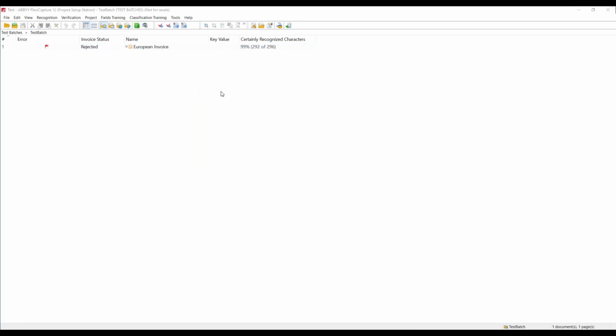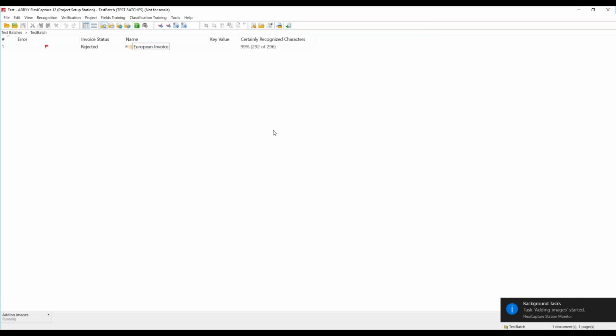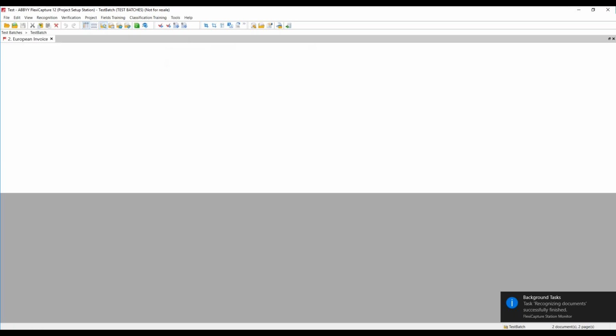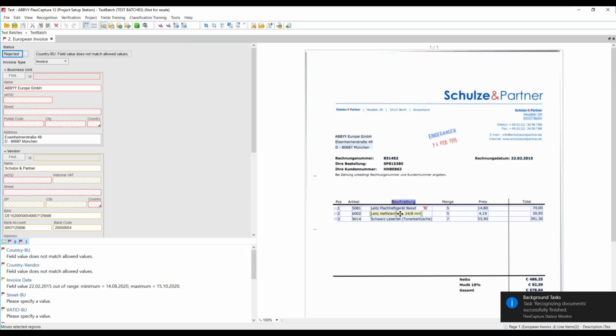And now if I load another invoice, let's go with that one, why not? Again, it'll just take a moment to process. And then what you'll see is that on this invoice, rather than just extracting the header fields, as we did with the first one, this one will have the line item data extracted as well. So you can see here's the line item data. And if I scroll down,